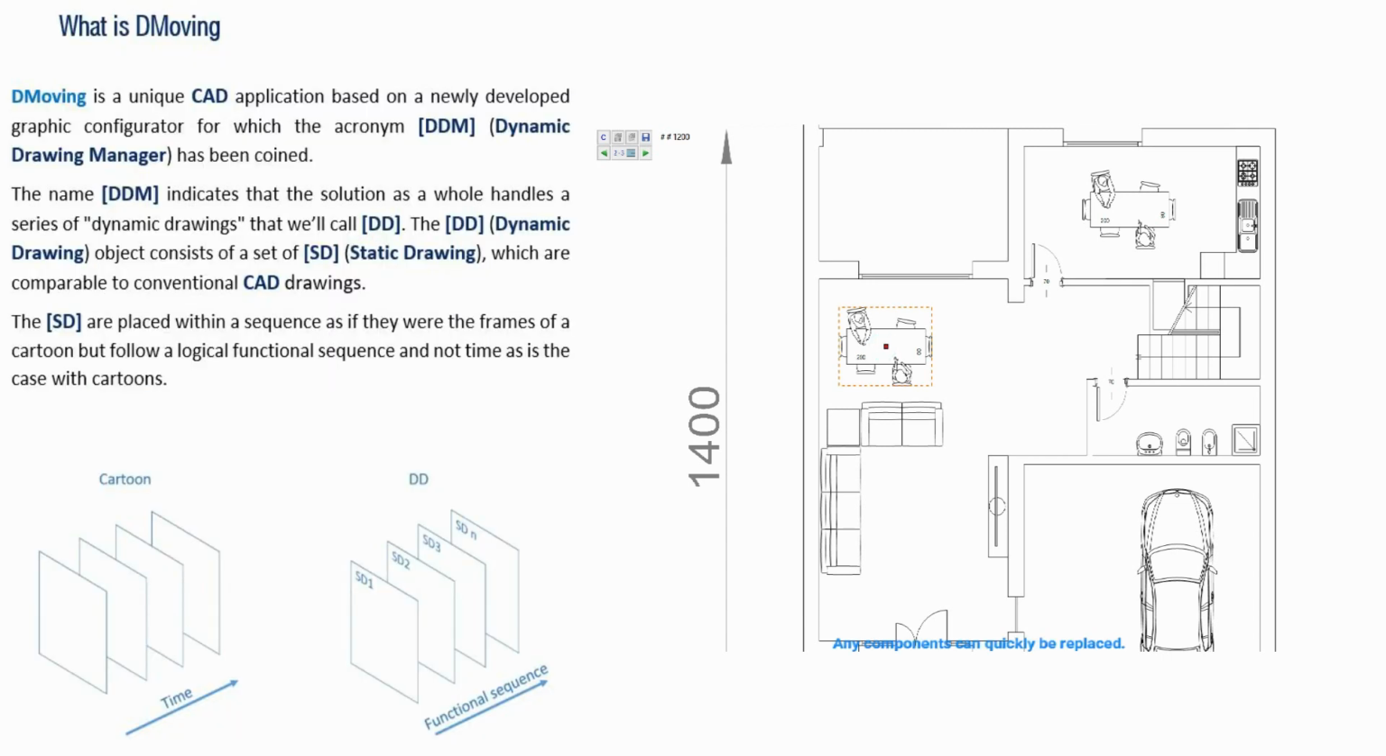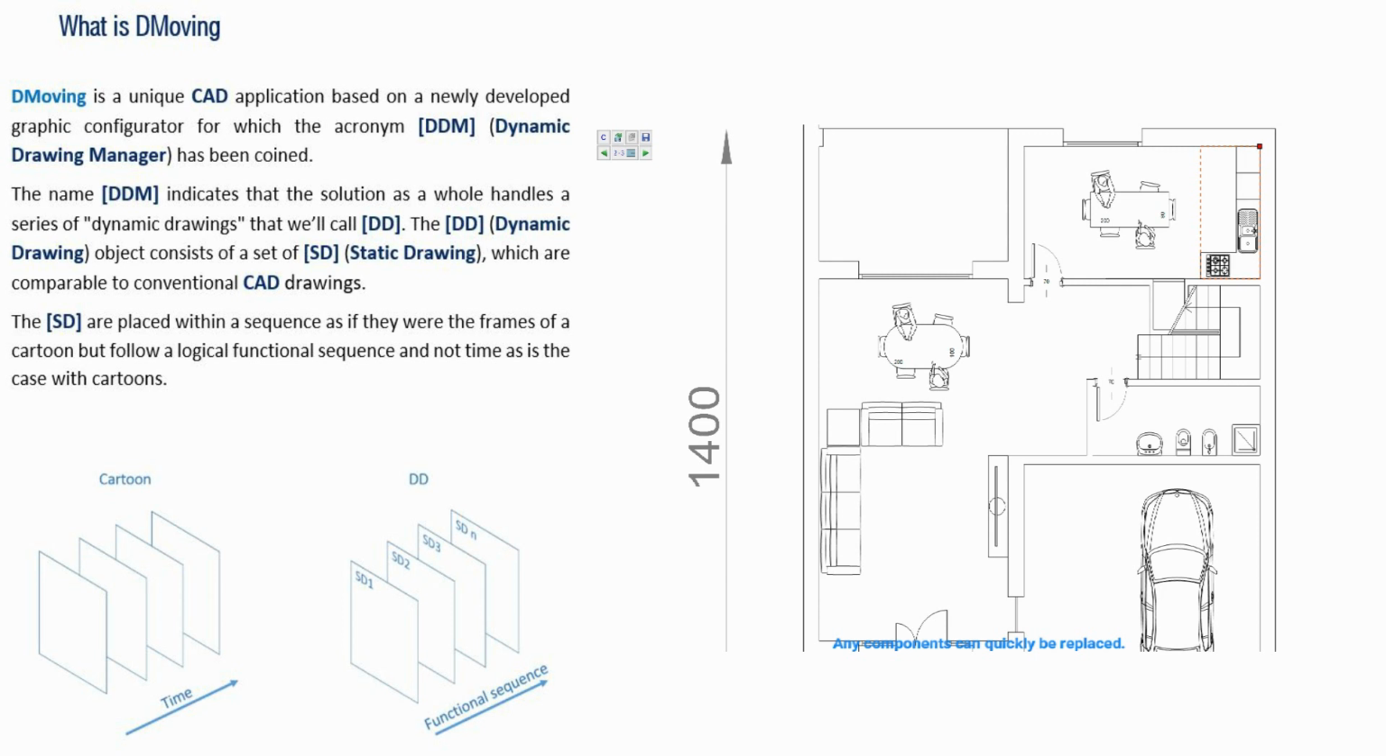General concepts. What is DMoving? DMoving is a unique CAD application based on a newly developed graphic configurator for which the acronym DDM, Dynamic Drawing Manager, has been coined. The name DDM indicates that the solution as a whole handles a series of dynamic drawings